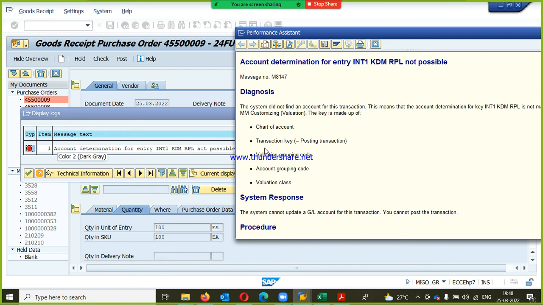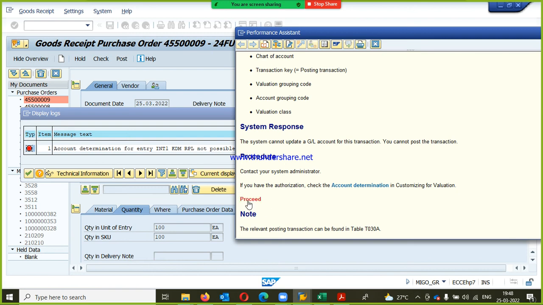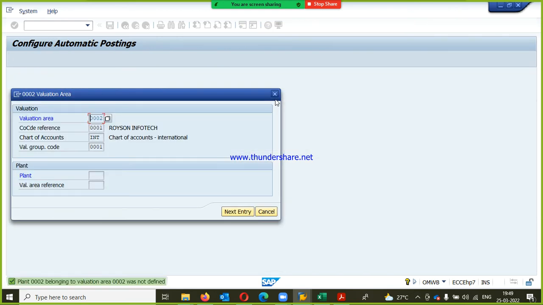Okay, so how to solve this? We have the solution on this screen only. Either you can click on the proceed button. This is a button where we can solve this error. Click on this proceed button, or else